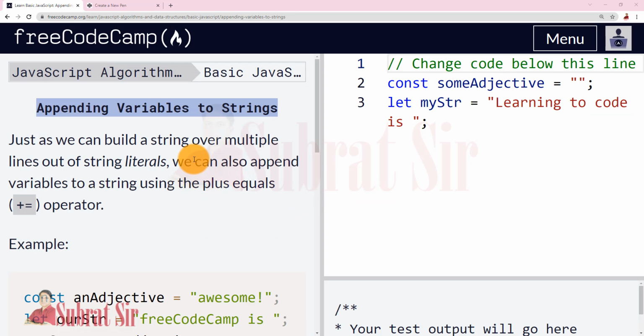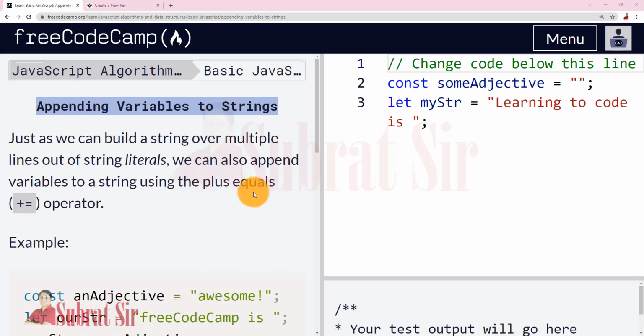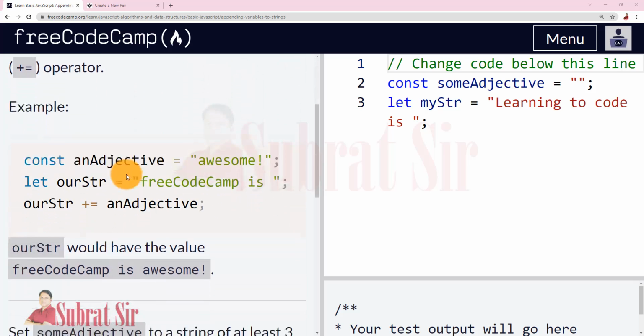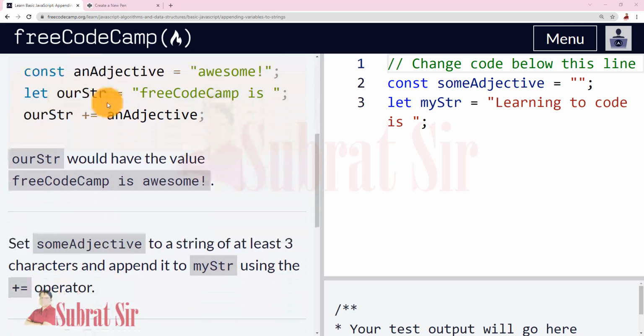Appending variables to strings. Just as we can build a string over multiple lines of string literals, we can also append variables to a string using the plus equal operator. For example, an adjective is a variable and its value is awesome.